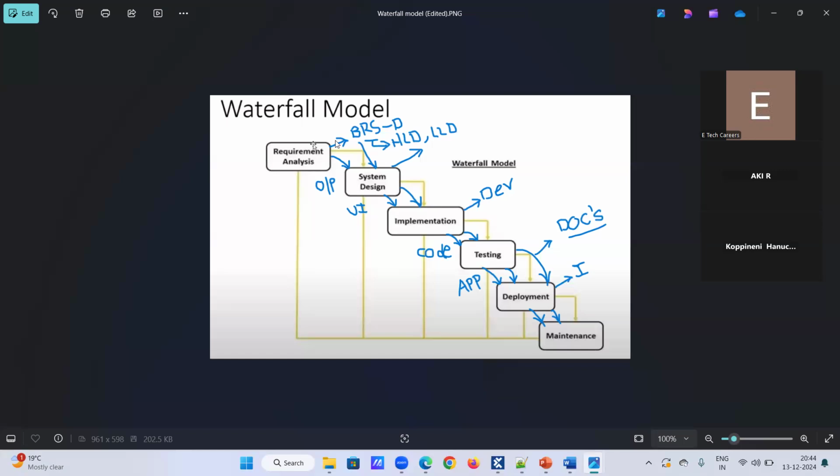And that's why I'm saying this is a very old and traditional model the companies were following. The initial stages of the IT industry started a long time back. So now, based on these drawbacks, new models are coming up in the market. If you see the disadvantages, the first point,